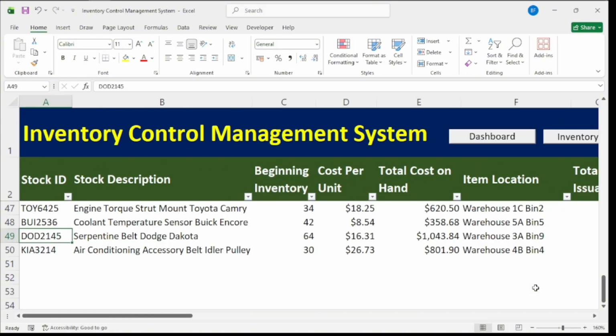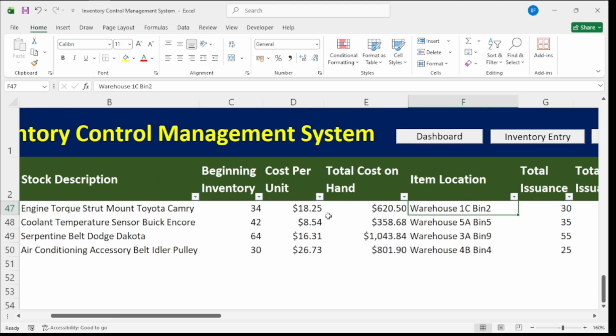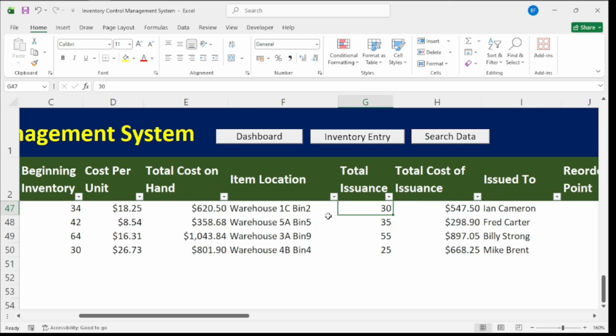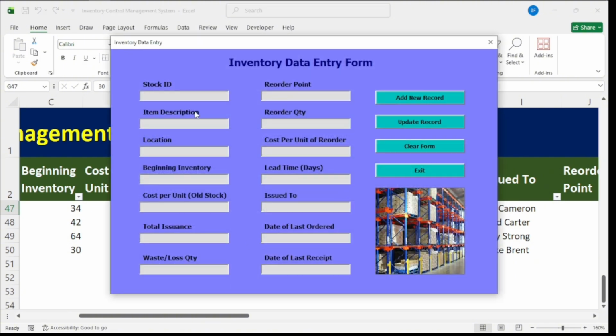Okay, so this is what I call an inventory control management system. It's a very simple program that you're going to put in place in your logistics or warehouse operations, maintaining all these stocks. And then what I'm going to have is the inventory data entry form, where you're going to put the stock